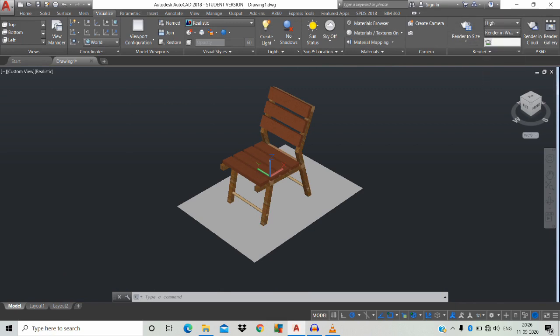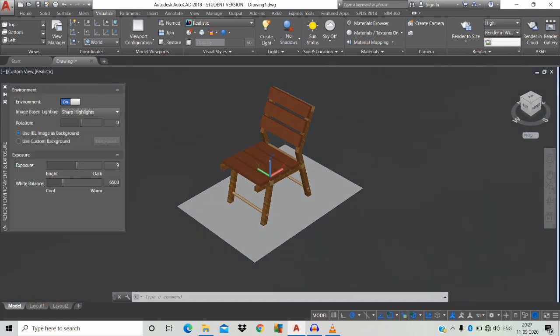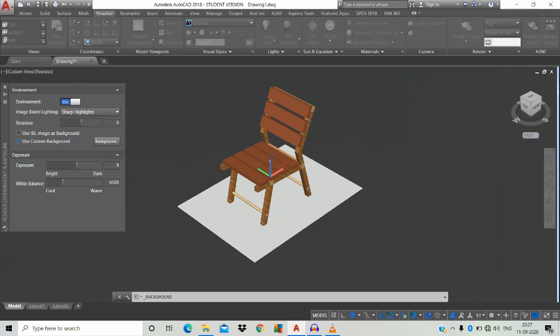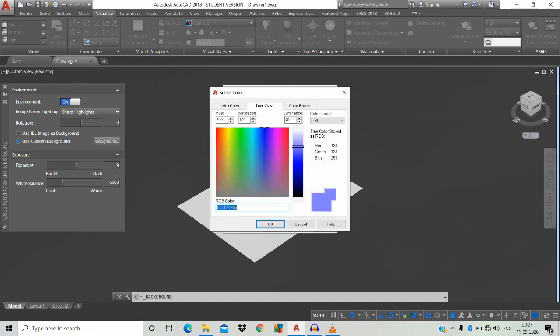Okay, then render, just click this icon and render environment and exposure, just turn on environment and use custom background. Okay, type, just click the arrowhead and move to solid and click the color, just give white.